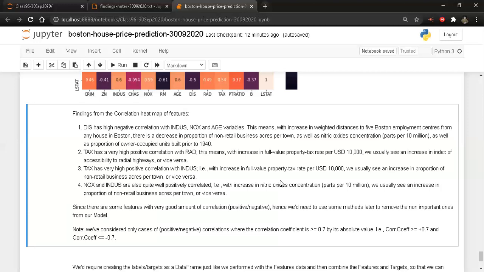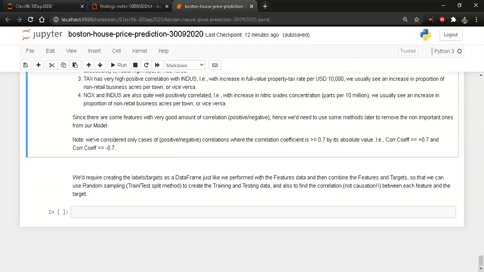So I'm not sure, I've never gone to that place, because this data set does not belong to the city where we live or the country where we live. So maybe we are not the right people to comment on these features. But if I only take the statistical approach, this is what I can find. Right, this is what I can clearly see, which is as per the correlation coefficient ranges that I've taken. As explained, I've taken correlation coefficients greater than or equal to plus 0.7, or less than or equal to minus 0.7. Okay, so anything which is very highly positively correlated or very highly negatively correlated.